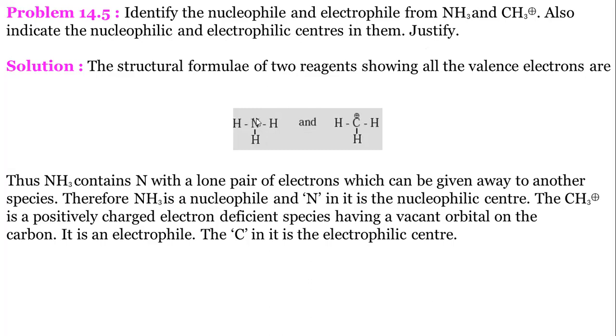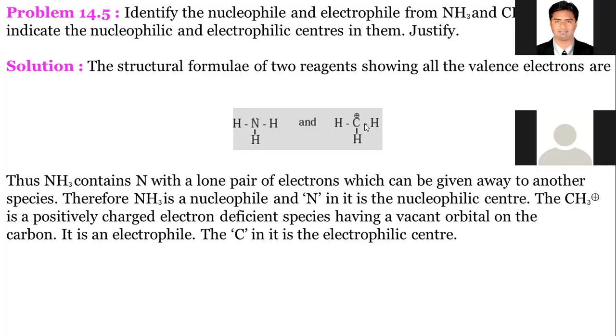The electrons are shown faintly. And this is CH3 plus, with carbon having a positive charge. So as per the definitions of electrophiles and nucleophiles, in NH3, nitrogen is the central element having a lone pair of electrons, which can be given to another species. So as the electron pair is given, NH3 acts as a nucleophile, and this CH3 plus,